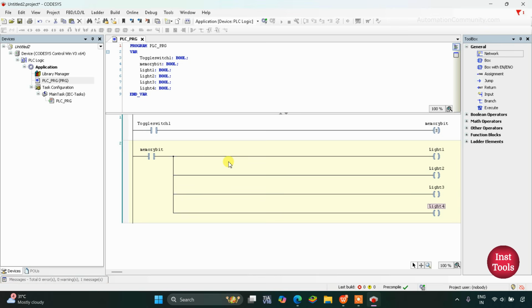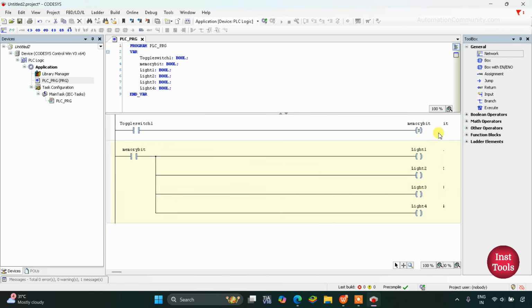So when toggle switch 1 is turned on, the signal will pass through it and it will make this memory bit true. And when this memory bit is true, the signal will pass through this, and as a result, light 1, light 2, light 3 and light 4, all the lights get on. All the lights turn on. And then when toggle switch 1 is turned off, it will not allow the signal to pass through it. As a result, this memory bit should turn off. But as you can see here,